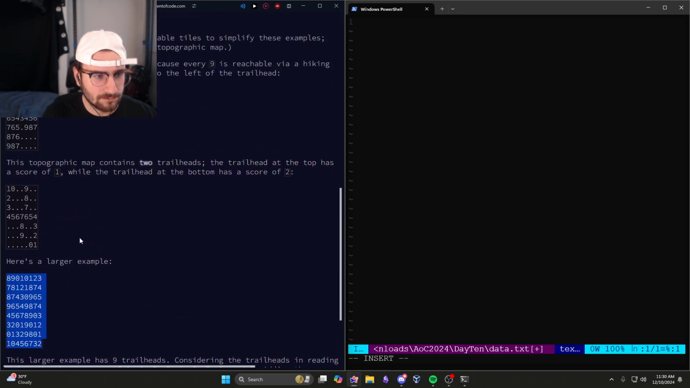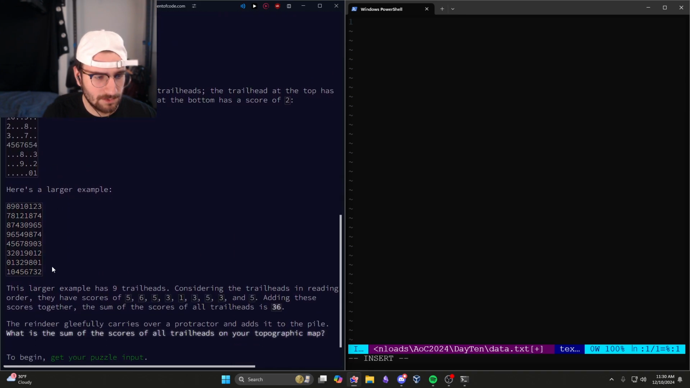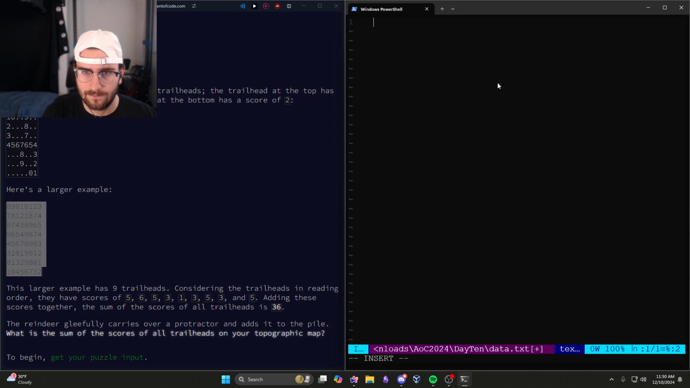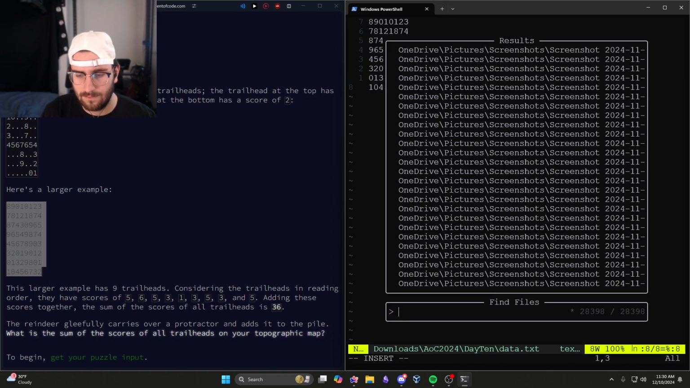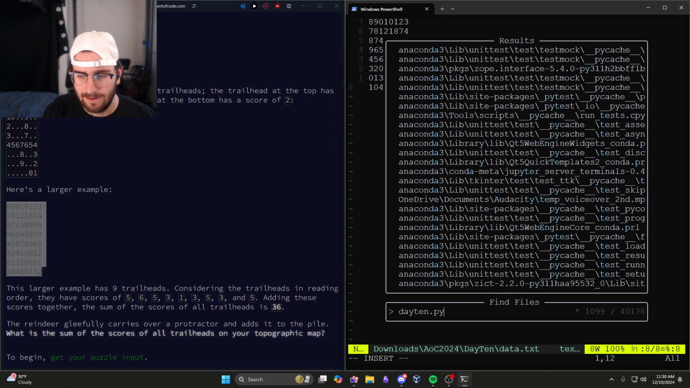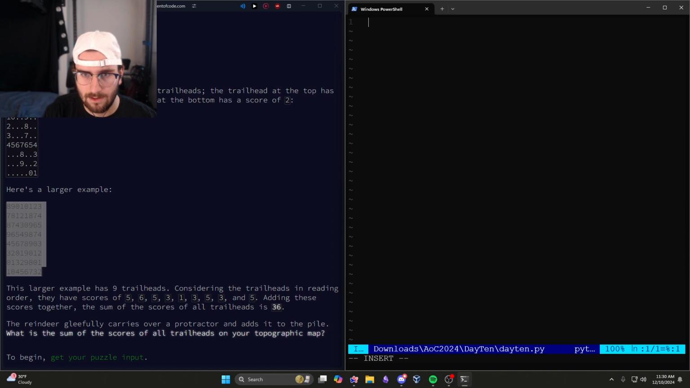Give me this block. Except this needs to be moved over. Okay. Day 10 dot py. Okay, day 10. Wait, Advent of Code day number 10. Okay, so